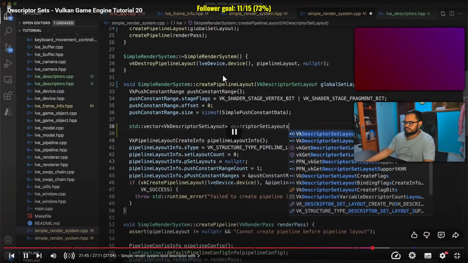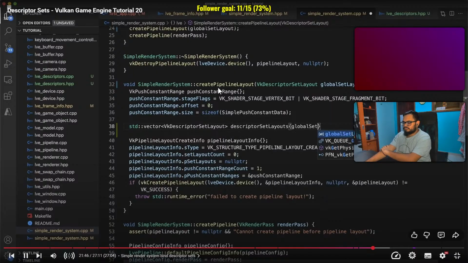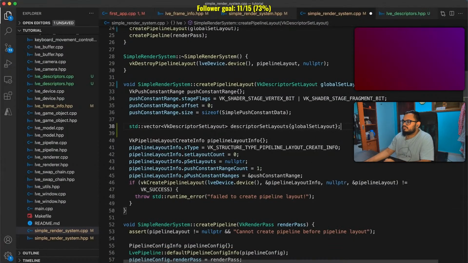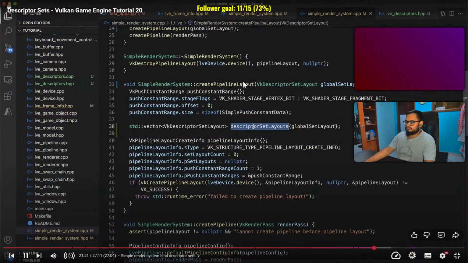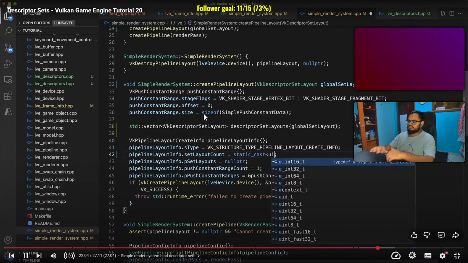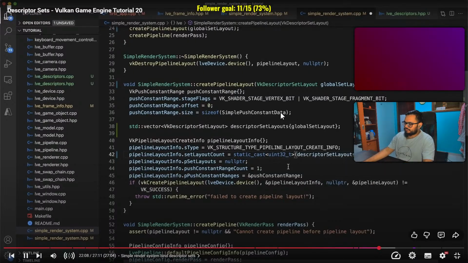So the first set in the list is set 0, and the next set would be set 1, and so on. Here we only have one set, so that's going to be at set 0. Even though we just have the one global set layout value for now, we'll create a local descriptor set layouts vector in anticipation for when we will have multiple sets. Then we can set the layout count to descriptor set layouts.size, and first cast it